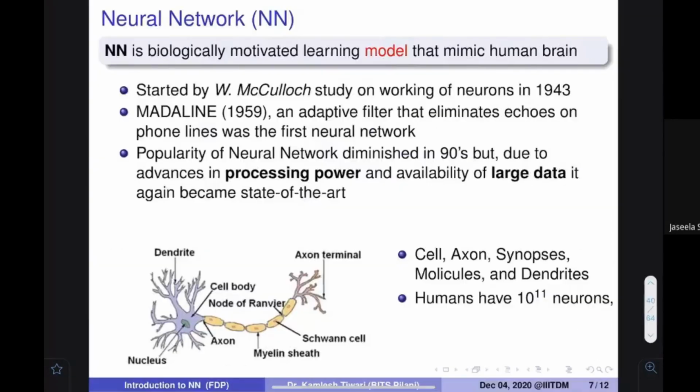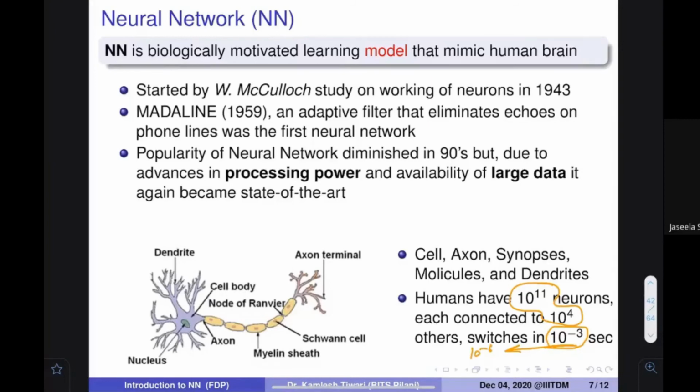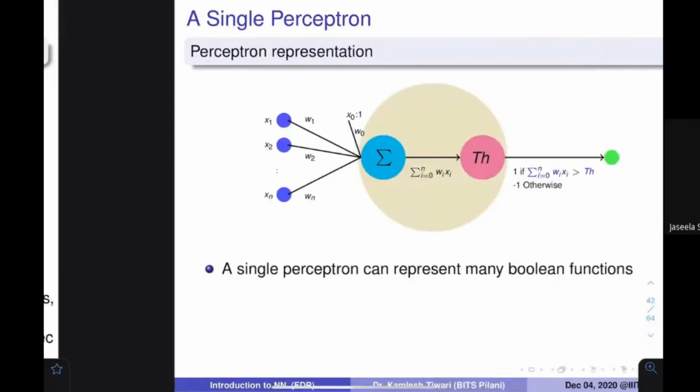Dendrites are input receptors. So you know some statistics that humans are expected to have 10 to the power 11 neurons. Again, I'm telling you that I'm not that good on this, but humans have 10 to the power 11 neurons, and they are connected to 10 to the power 4 others, and they work at 10 to the power minus 3 seconds. And you see if this kind of dense connection we can also make in our systems. And our systems, you know, work at 10 to the power minus 6, and their speed is much higher than that. So if this kind of dense connection we can do, we can do miracles. All these things are very interesting that people have talked about.